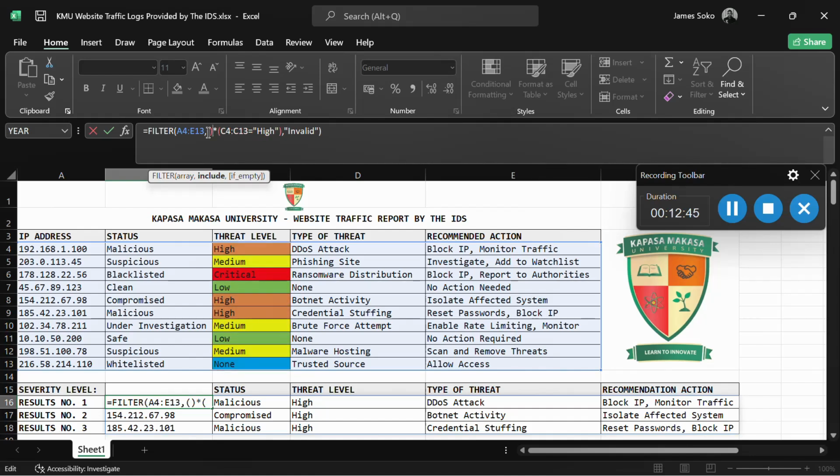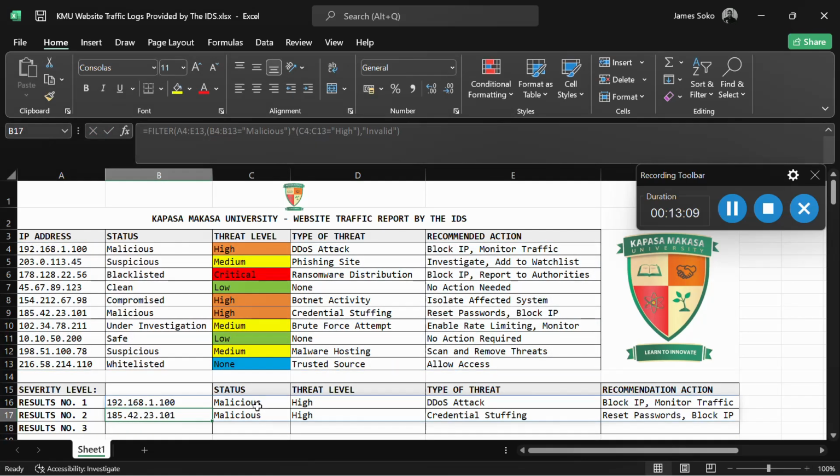So just trying to bring the things back. Here we also had this part which was for the status, and we said it should be equal to malicious. So this was the way it was, malicious, long spelling, like that. Once I press enter, you can see that now we are ignoring something which is compromised, but it's still high, but we've ignored it. So that's how we use the multiple